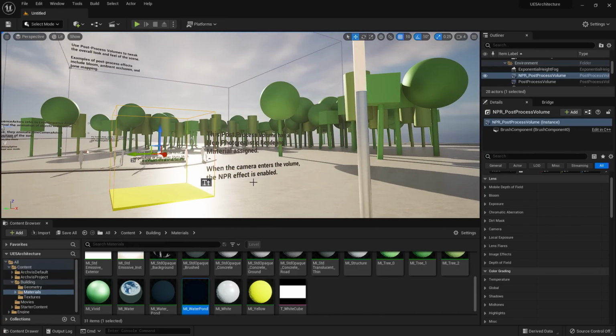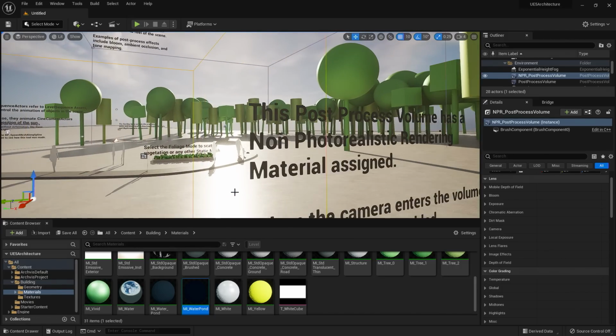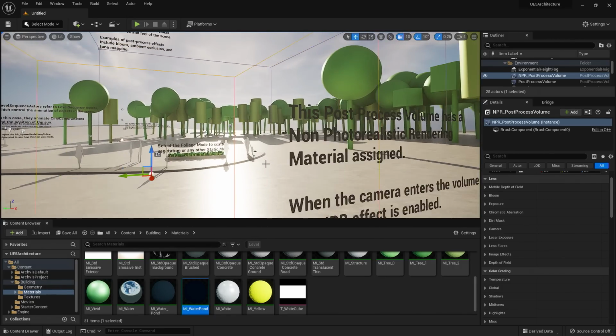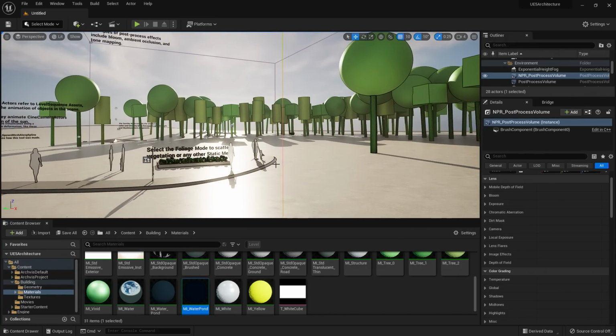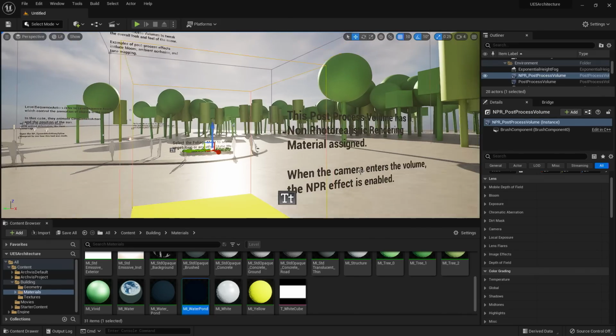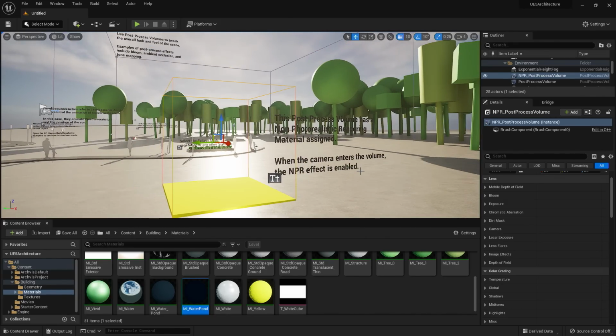buildings within your project. Now you'll notice that the small one includes an NPR effect, and that when I go inside of the volume, a tune material pops up around those trees there. So NPR stands for non-photorealism, so you start to see that tune material pop up around the exterior of the geometry. As I go outside of the box, you'll see that the tune line diminishes away, and it's focusing on the other post-process volume we have inside of the project.